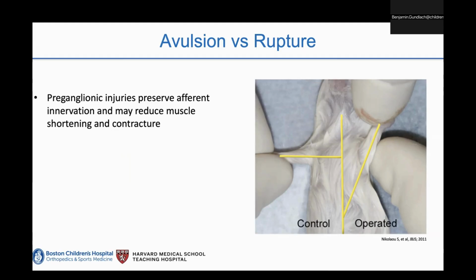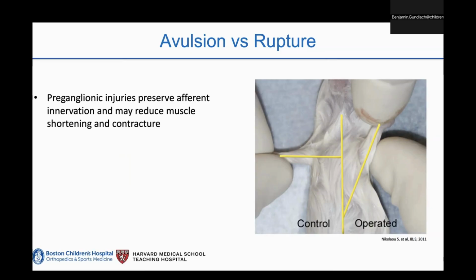And seen here is a mouse model in which preganglionic injuries were shown to have better preservation of afferent innervation. And this preservation of afferent innervation to the muscle spindles within the deinnervated muscle may reduce the muscle shortening and contracture that was developed. This was shown in his